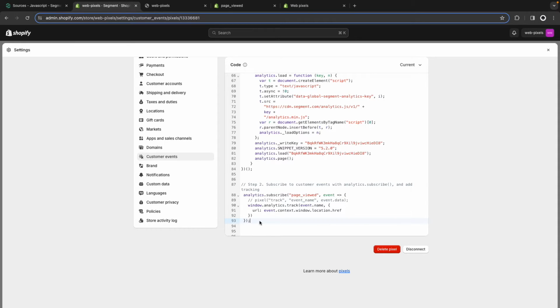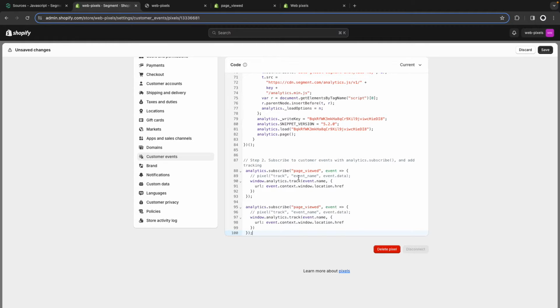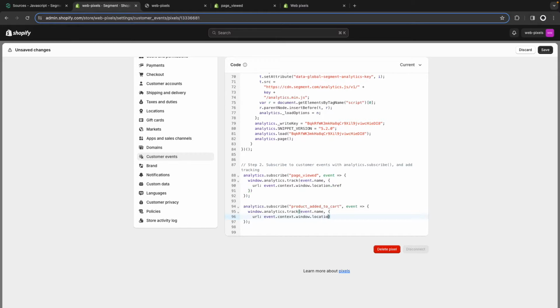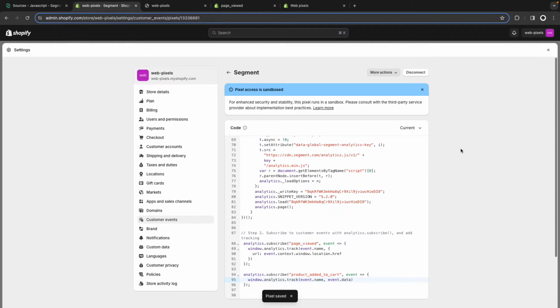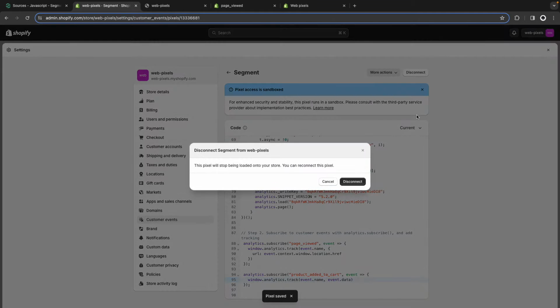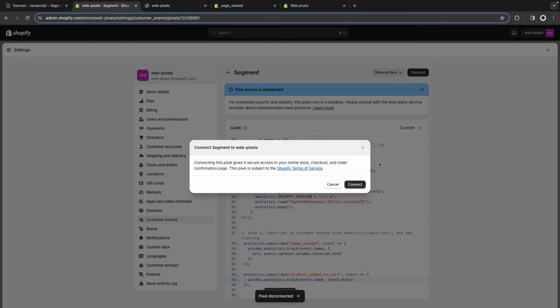Now let's track another event. So I'm going to copy this code over here. I'm going to paste it over here. Let's remove this line. And the event that I'm going to track is product added to cart. Now, I'm going to remove this object because I'm going to forward directly what is in event.data. And if I save this and disconnect and reconnect to force a refresh,